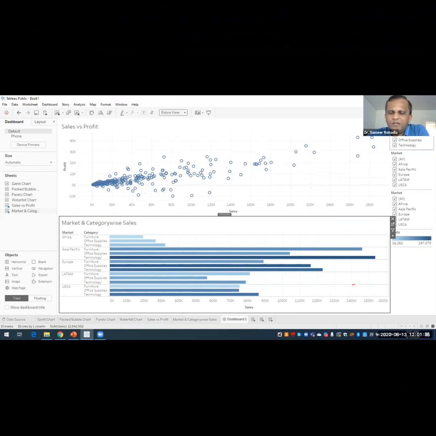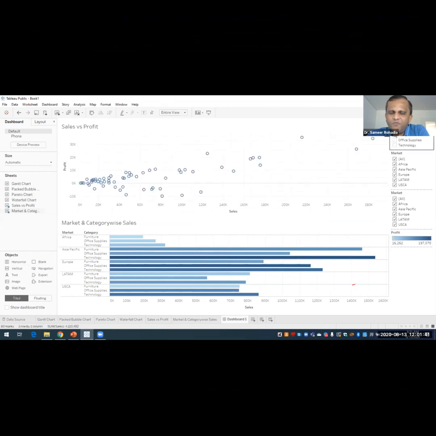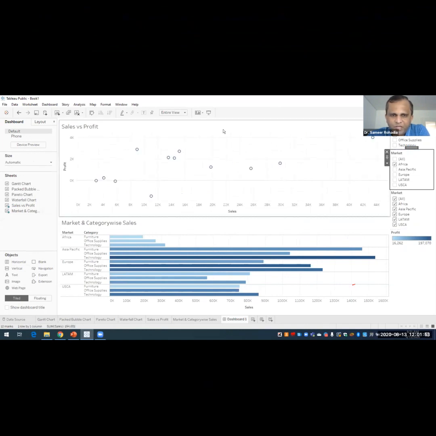If in the category I click furniture, then only this chart is changing. In the first market filter, if I click on Africa, it only affects the top chart, not the bottom one, because this first market filter is connected only with the top chart.